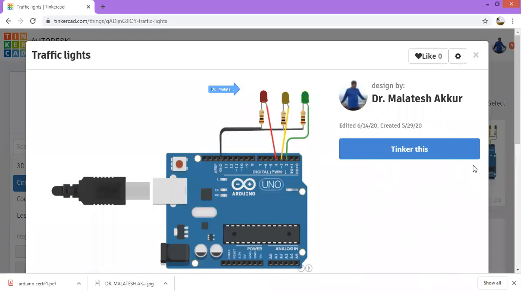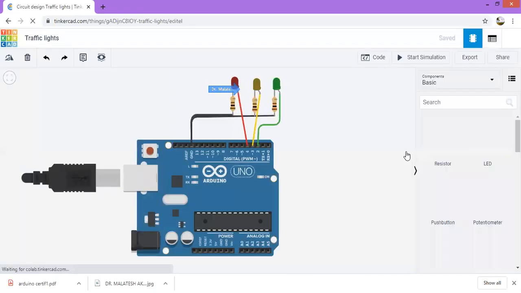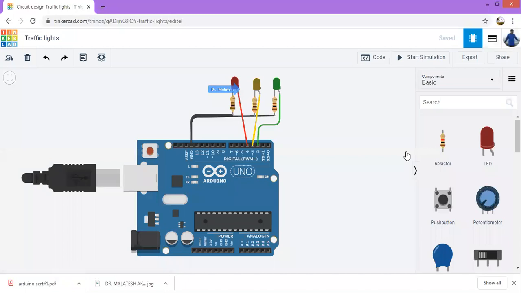This is a traffic light control system, which is one way. We can extend it for either 2-way or 4-way also, doesn't matter. I'll simulate it. The connections are done in the same way as we did before.